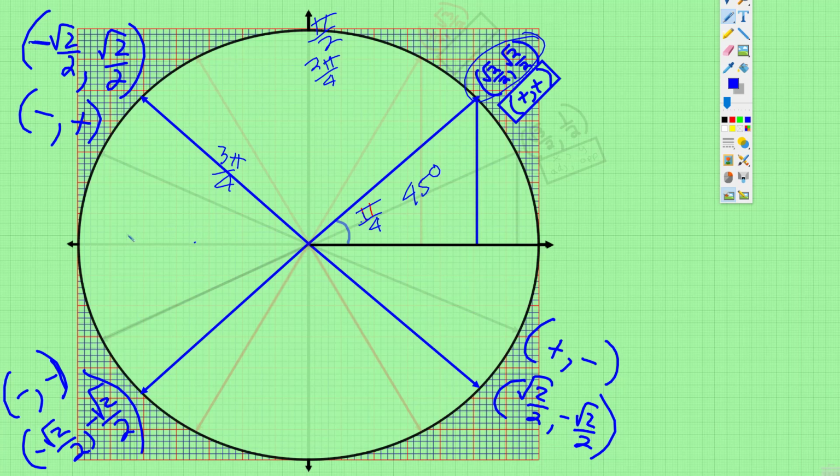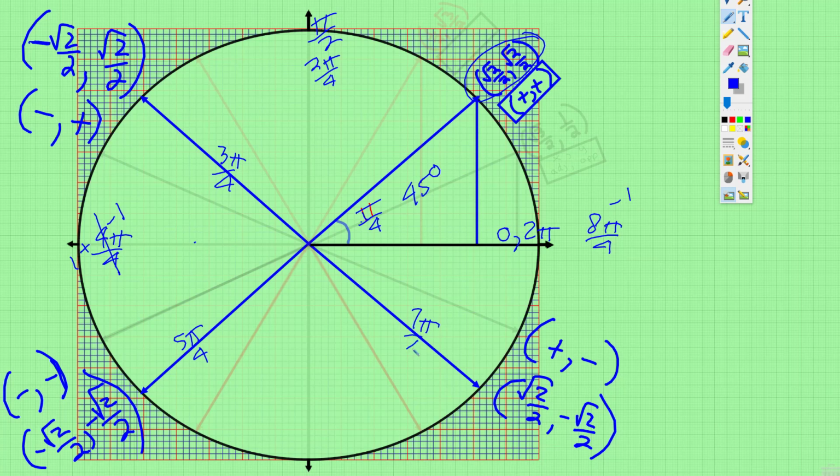Then pi is the same as 4 pi over 4. And if you go one more 45 degrees, you're at 5 pi over 4. So look at what we have. Since this is the same as pi, pi is the same as 4 over 4. 1 less is 3. 1 more is 5. If we go all the way around the circle, this is 0 and 2 pi. Well, 2 pi, if 4 is in the denominator, 8 divided by 4 is 2. So 1 less than 8